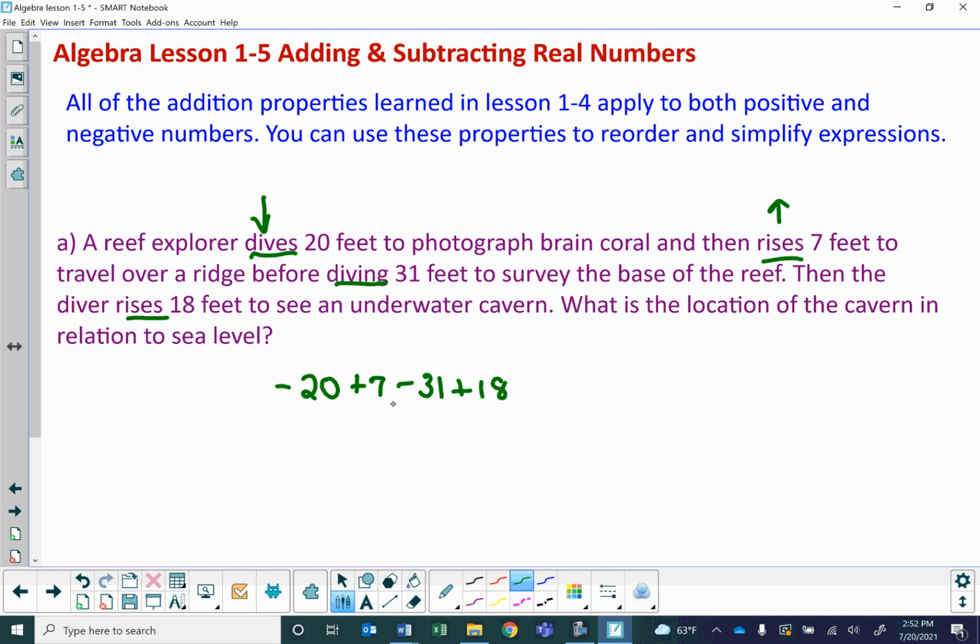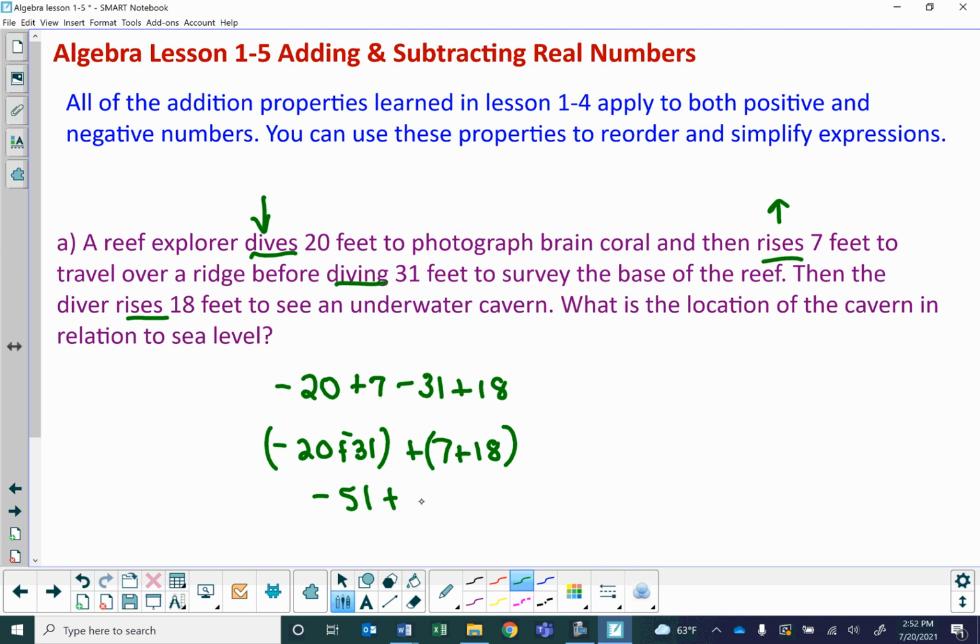We can reorder this if we want, and I can put all my negative numbers together. So I could put negative 20 minus 31. And then I can put all my positive numbers together, and I could put plus 7 plus 18 if I wanted to. All right, that's one way of doing the problem if I wanted to. Or I could just do it straight across if I wanted to. So if I do these, I've got negative 20 minus 31, which is keep, change, change. So this is going to be negative 51 plus 18 plus 7